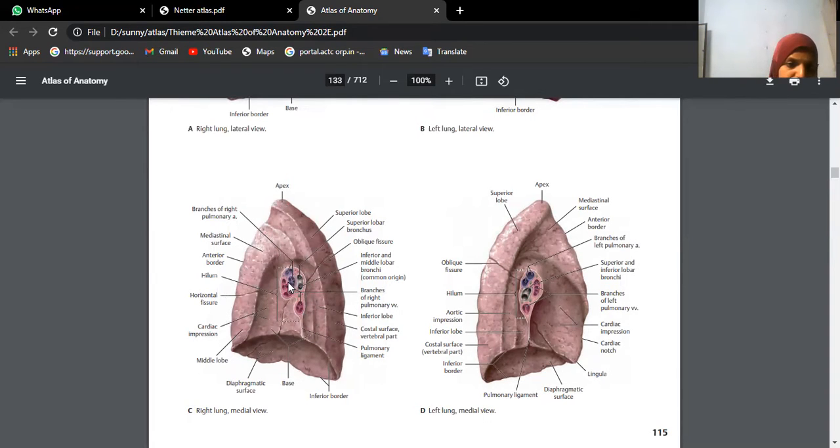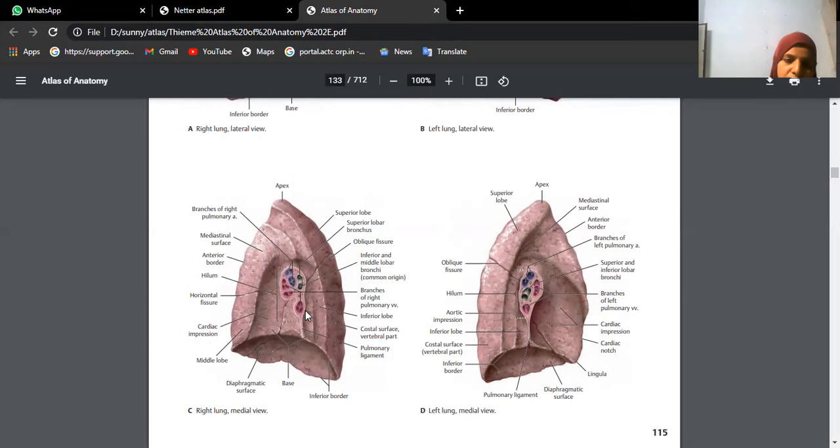In the hilum, you check for the hardness of structures. That hardness of structures is actually showing you the bronchus, the eparterial bronchus and the hyparterial bronchus, okay, in the right lung. Above, you will see the pulmonary artery. Though it is an artery, it is shown in blue color because it will carry deoxygenated blood.